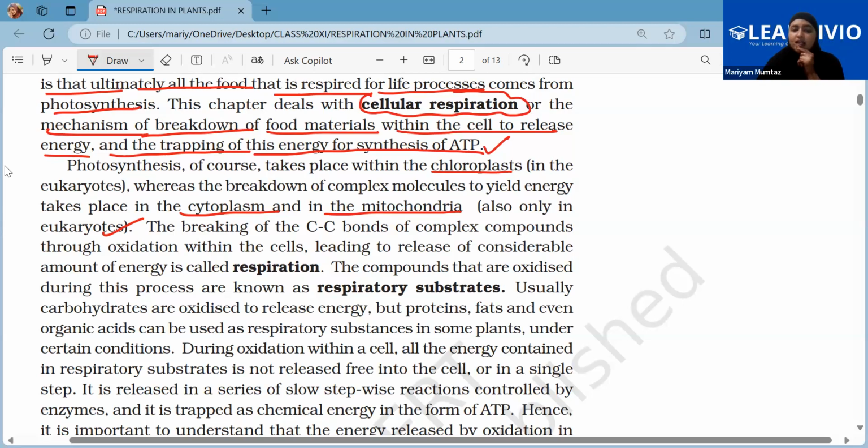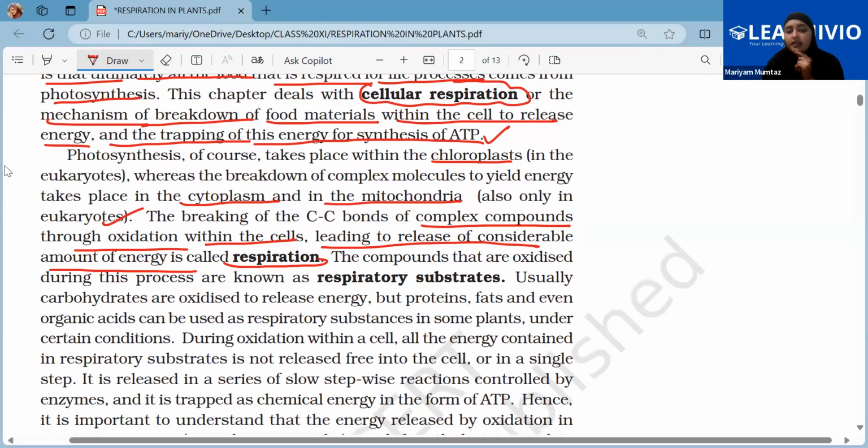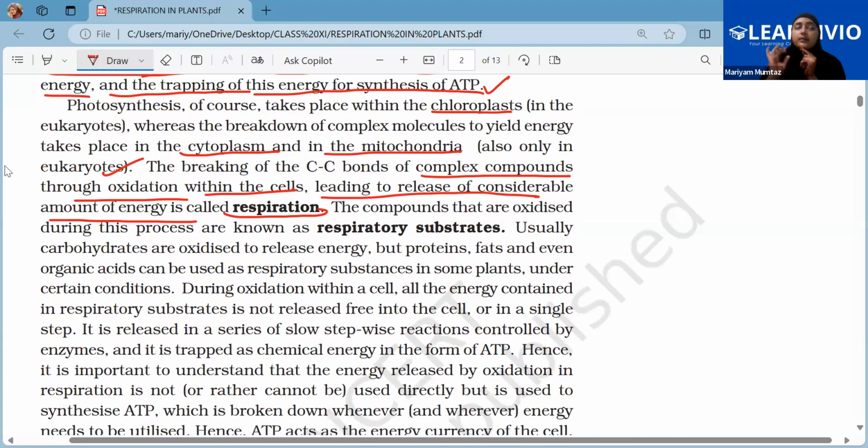Now, the breaking of carbon-carbon bonds of complex compounds through oxidation within the cell, leading to release of considerable amount of energy, is known as respiration. The compounds that are broken down, or oxidized, during the process are the respiratory substrates. For example, if we are breaking down a glucose molecule in order to release energy, then glucose becomes the respiratory substrate. Usually carbohydrates are oxidized to release energy, but proteins, fats, and even organic acids can be used as respiratory substrates in some plants